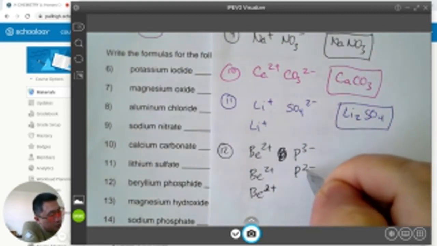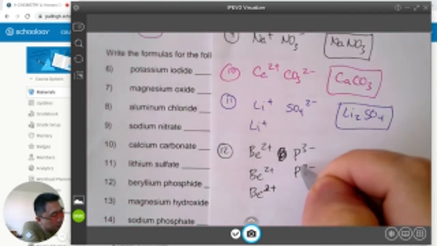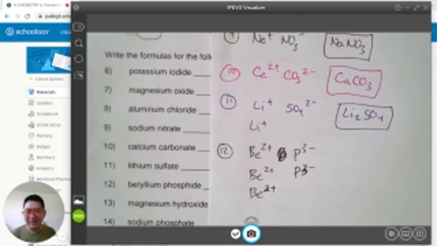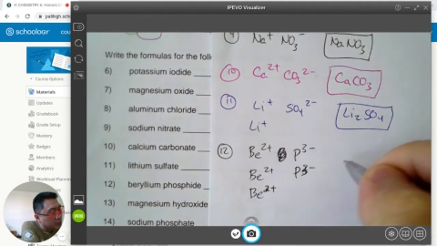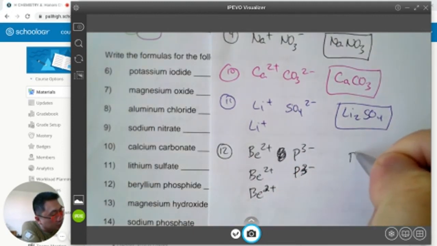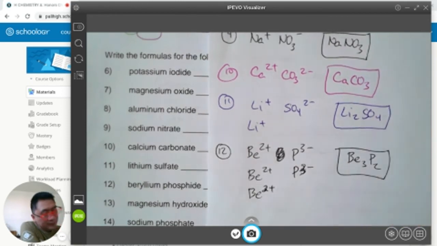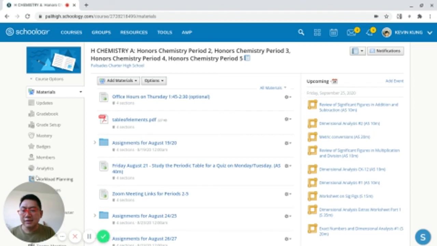And 2 phosphorus, or phosphides, each one being negative 3. 3 positive 2s, 2 negative 3s: positive 6, negative 6 adds up to 0. The correct formula is Be3P2. Okay, so that's the